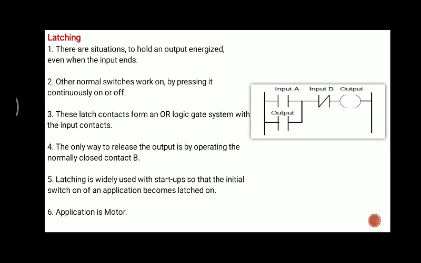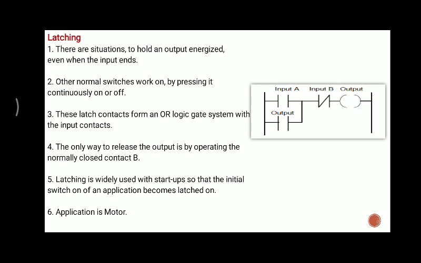So it will become an open contact, and there will not be any flow from this input A. But in that moment when we press this button A, another line of flow will pass from this line and reach input B, and then your output will go on running.